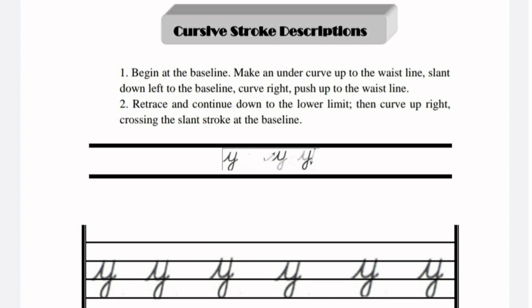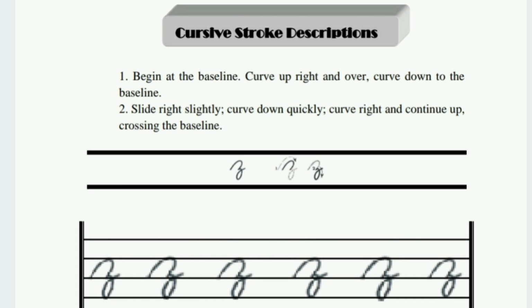Begin at the baseline, make an undercurve up to the waistline, slant down left to the baseline, curve right, push up to the waistline, retrace and continue down to the lower limit, then curve up right, crossing the slant stroke at the baseline. Begin at the baseline, curve up right and over, curve down to the baseline, slide right slightly,